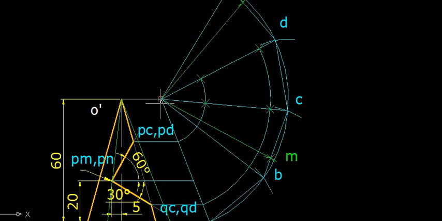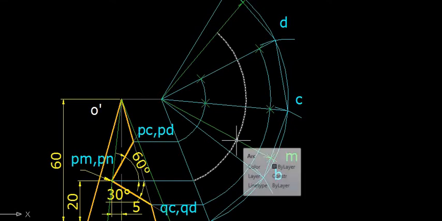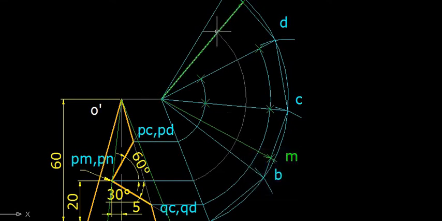So this center and this much radius you are going to take and mark the arc like this. Okay. But on this arc, this point itself is not the point PM, and this point itself is not the point PN. It is slightly different points. So let us try to understand why it comes.